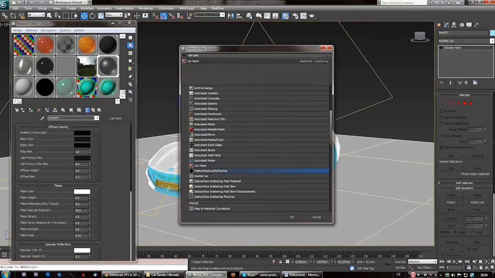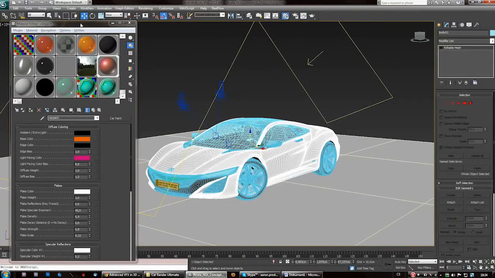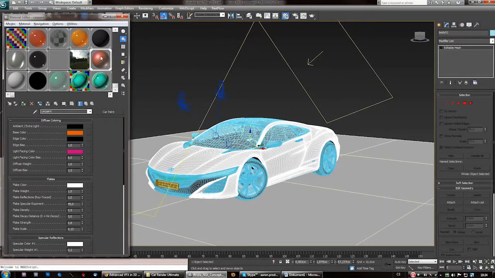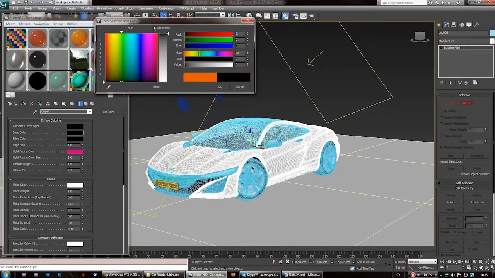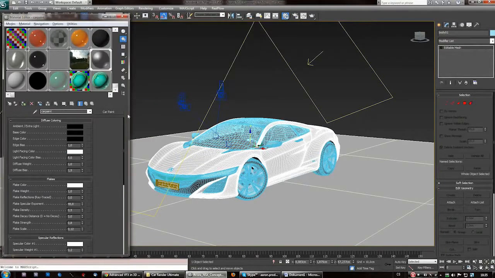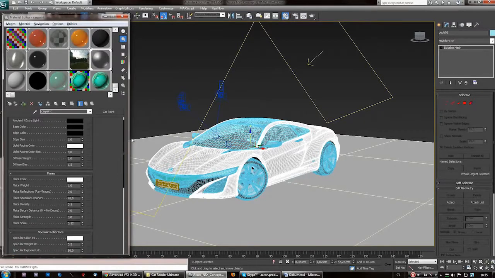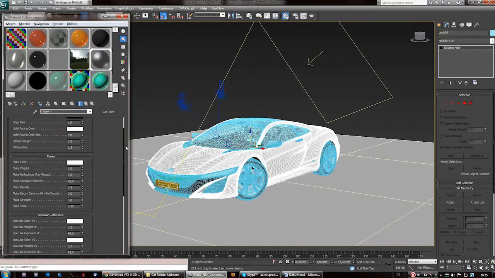Okay, so click the material and type car paint. Now this car paint material is also in Max 10 as far as I know. I don't need to drag this material over since it will automatically update since it's already assigned. Okay, let's say we want a black color. Black is nice, and we gotta switch the light facing color to white, because in reality, if sunlight is hitting a black car, you noticed it has these white spots,